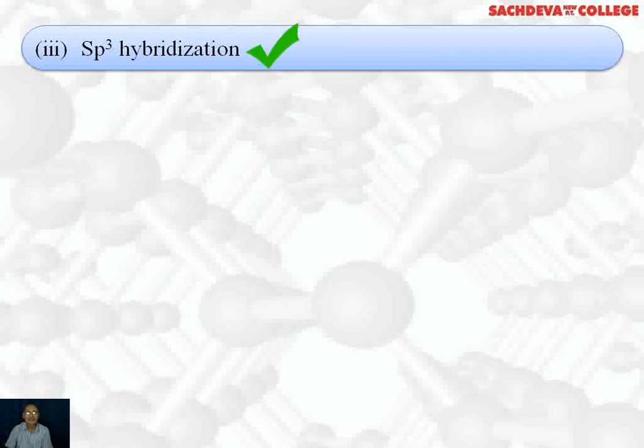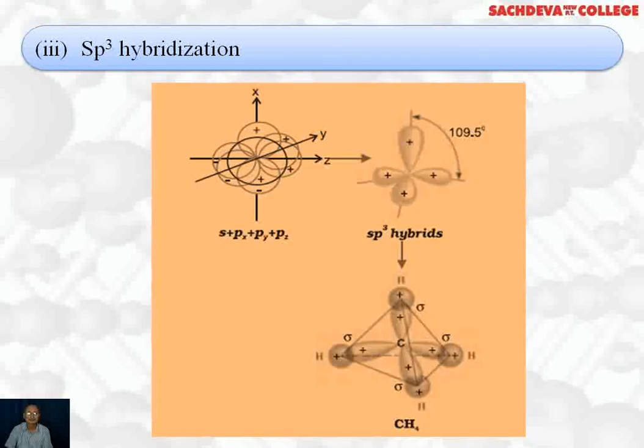Next we are taking sp3 hybridization. When one s orbital overlaps with three p orbitals, it results in the formation of sp3 hybridization. Here there is 25% s character and 75% p character. In sp2 hybridization, there were 33% s character and 67% p character. In sp3, the hybridized orbitals are 4 and they are directed in space along a tetrahedral shape so that repulsion is minimized.